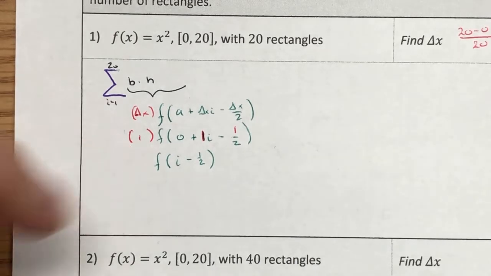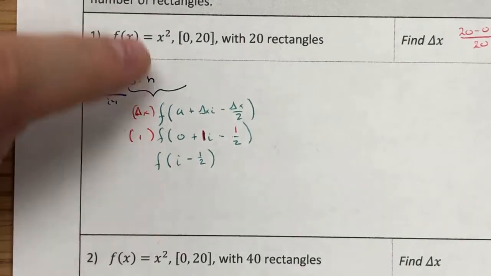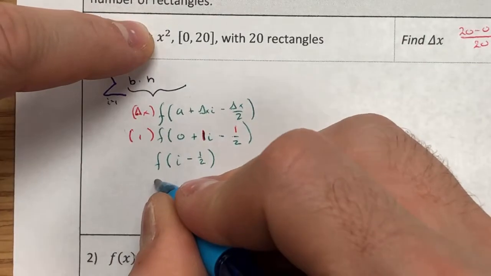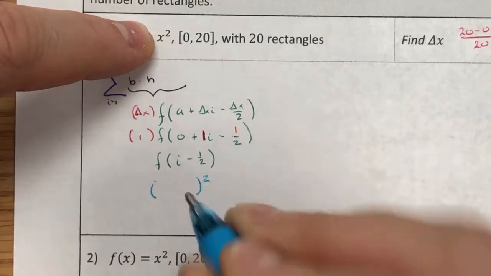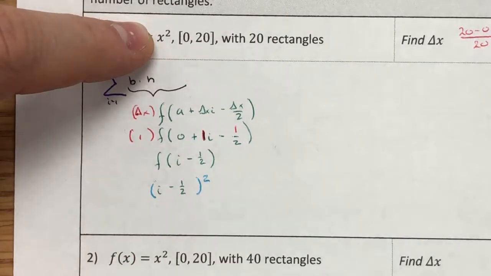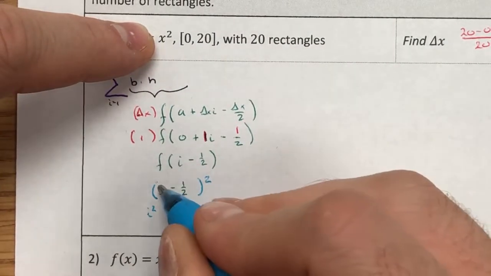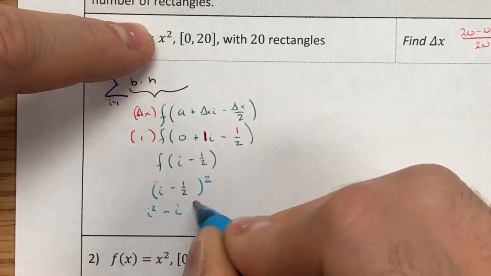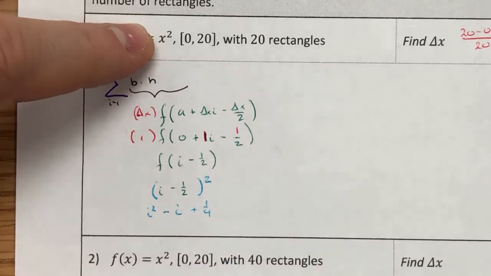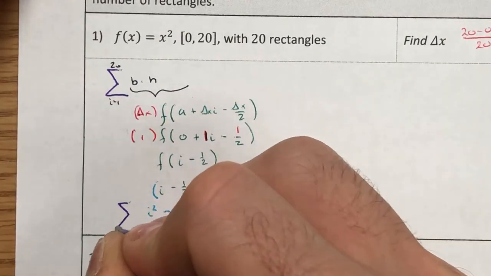So at this point, let's go ahead and plug that in, and let's change colors to show that we have indeed plugged it in. So my f is going to be x squared. So I'm going to take that value, and I'm going to square it. In this case, it's i minus 1/2. Okay. So when we get that, i squared is i squared. Half of an i is going to make a full i, and then plus 1/4. And so what we're at right here,